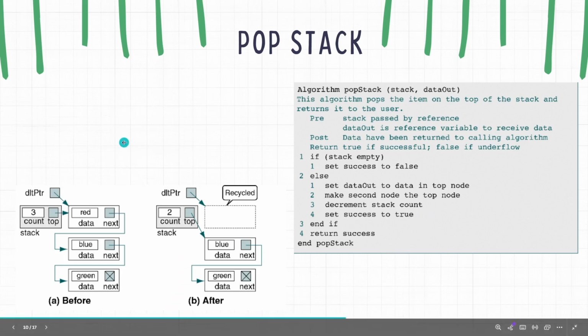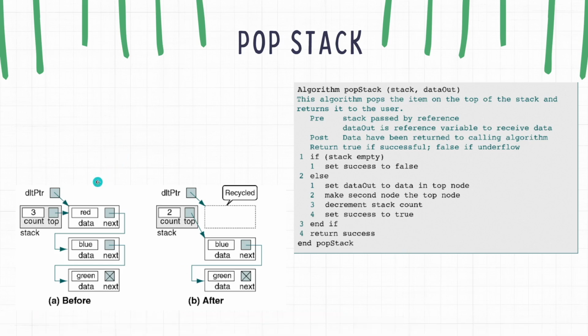So, we have an example to demonstrate the same. Here in our case we have a stack with 3 elements, denoted by count as 3, and top pointing to the topmost element, which is red. Now, I want to do a pop operation. So, ultimately red has to be removed, and hereafter top should point to blue. In order to get the value of blue, it is actually in the first node's address spot. So, I should fetch the value from the first node's address spot and assign that to top, and I should make this node be pointed to by some other pointer, so that I can use the same pointer